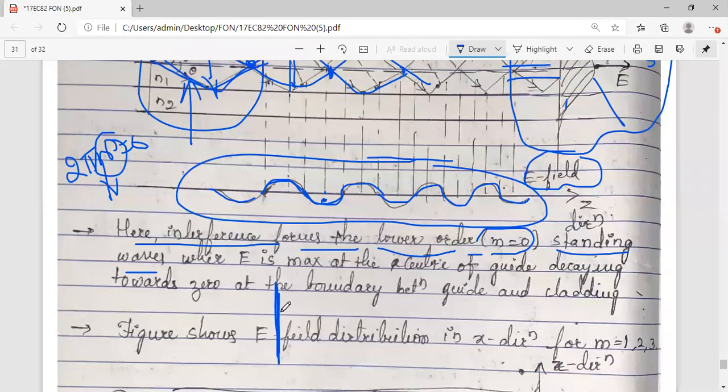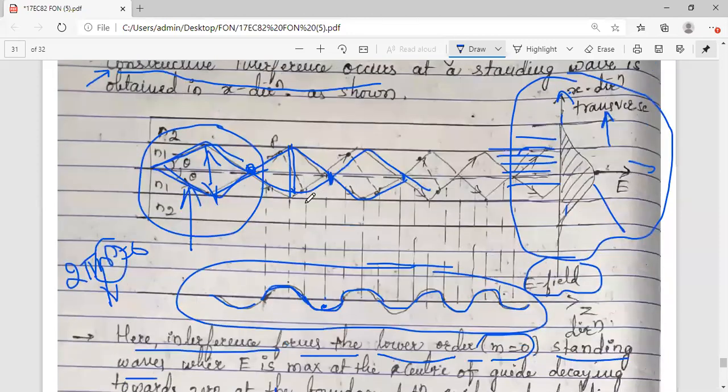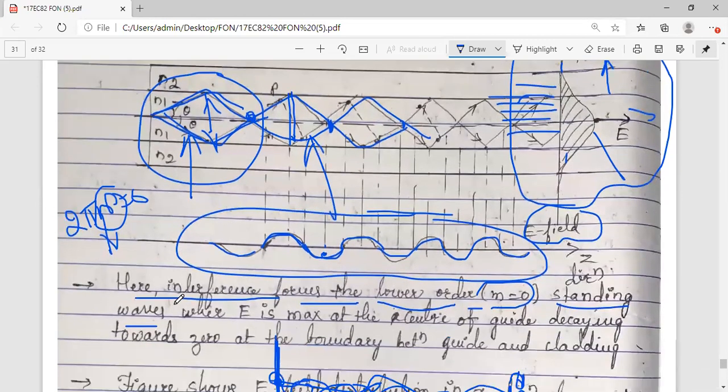Tie a rope anywhere. You stand at another place. Take the other end of the rope in your hand. This is a rope. You tie it here. One end should be fixed and the other end should be in your hand. Then shake the rope up and down very fast with your hand. The rope will start moving like this, and if you start increasing the speed with which you shake the rope, it will come back to you like this. These are nothing but standing waves. This structure I have shown you here.